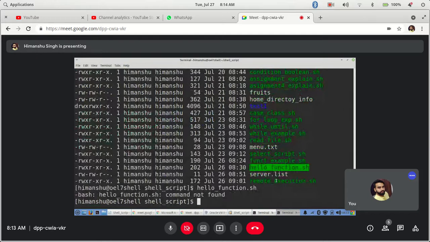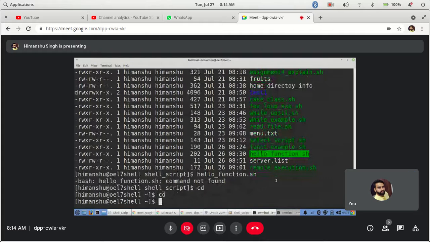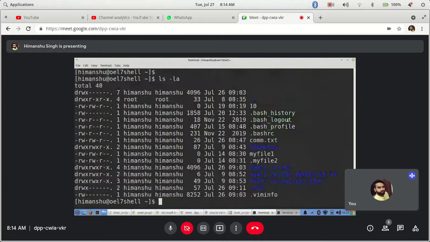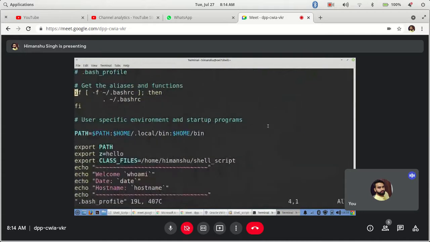So what should you normally prefer to do? You can prefer to always set that path variable in the file that I told you about, bash profile or profile. If you set it here, see, a path variable is already there. What I can simply do is add one more colon here and my whole path, so that it will take that specific path.